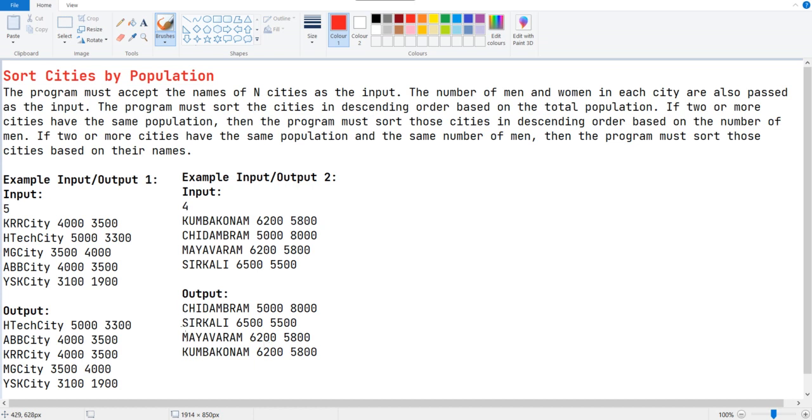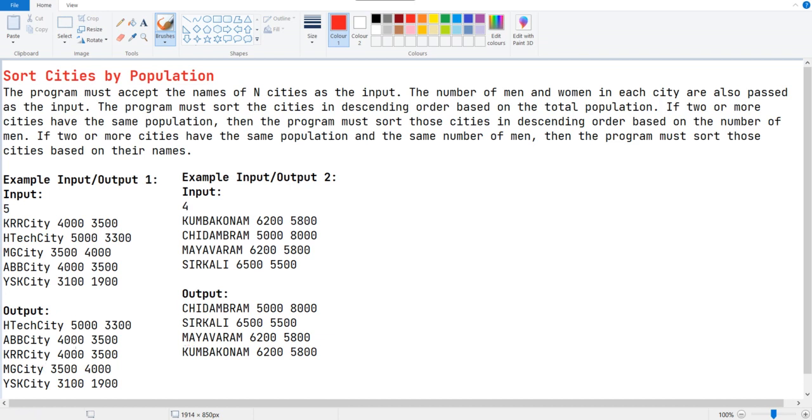So it sorts by name in ascending order. Sorry, I mismatched the values. Okay, don't worry about that, we'll see which comes first.